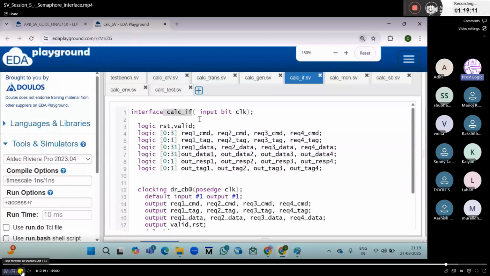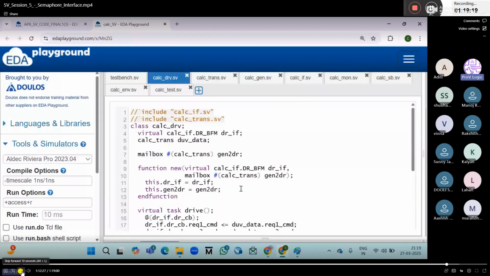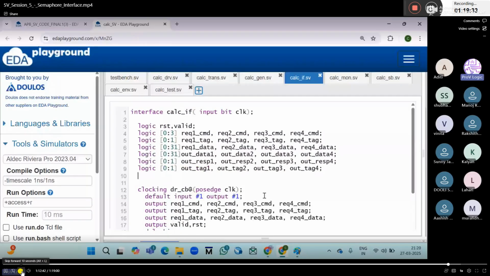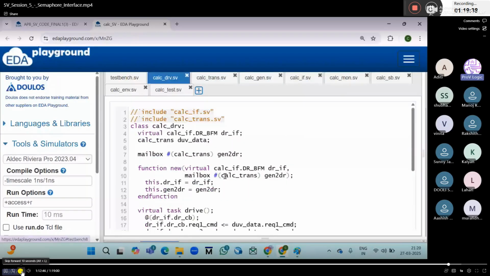Okay, so in the driver, but driver is a class, right? As we discussed before, we cannot access the interface directly in the classes. So to access these interface variables, we need to create the virtual interface. Through that virtual interface instance only we can access these variables. Okay, so in the driver, if you observe, fourth line, virtual,